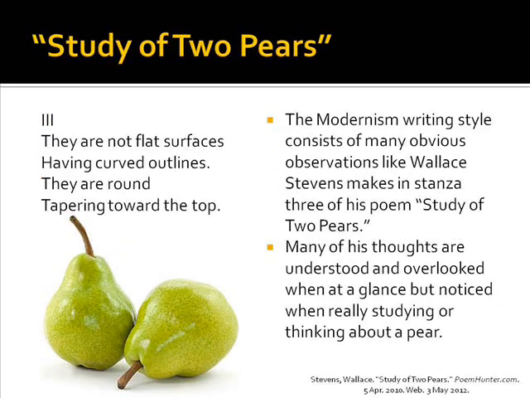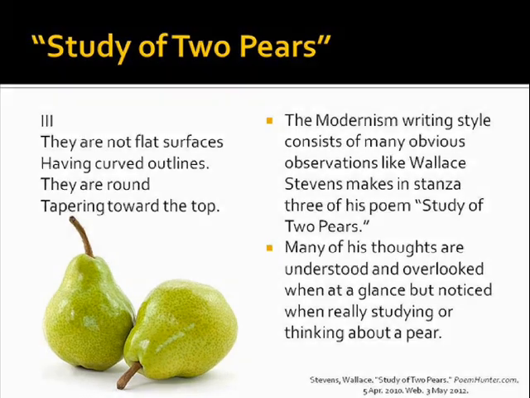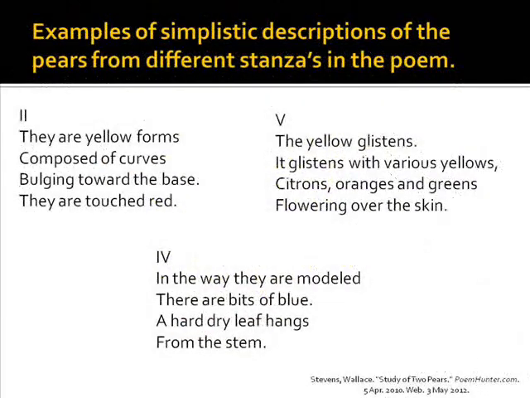The poem I used for the Modernism Project is called Study of Two Pairs by Wallace Stevens. As you can see, on the left is an excerpt from the poem. It's actually stanza 3. And then on the right I showed some different modernism characteristics and how they intertwine with his writings. Here I show a few examples of simplistic descriptions that Stevens uses in his poem when he's